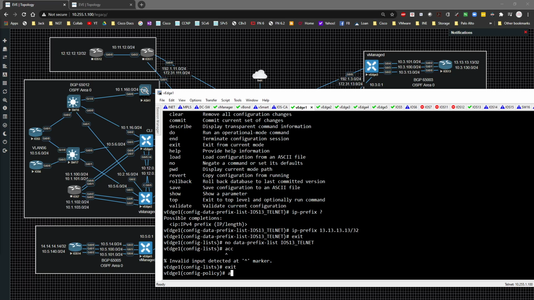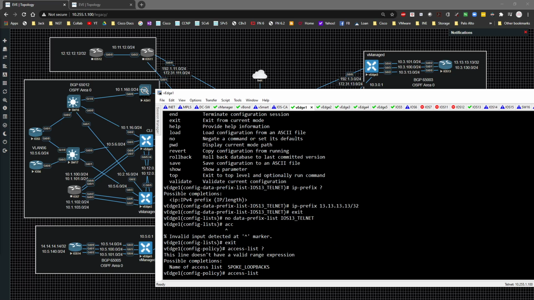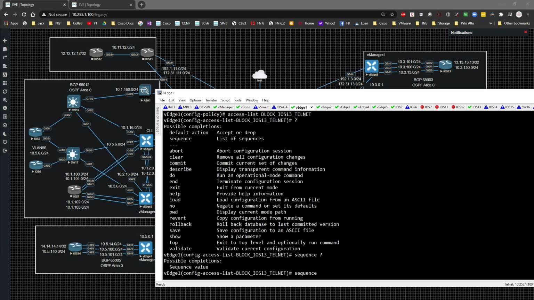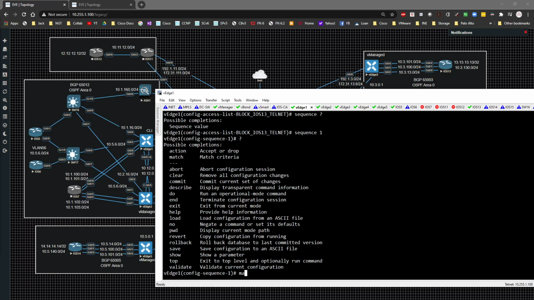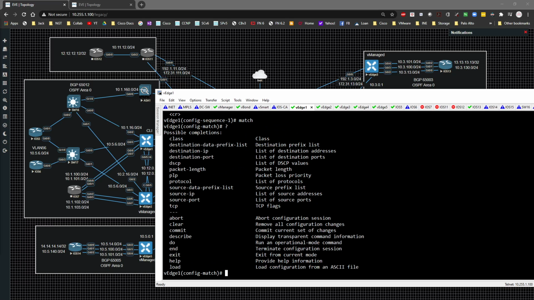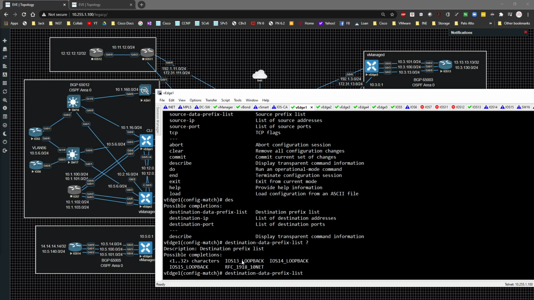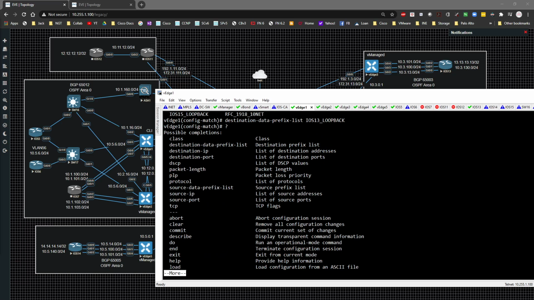Let me get out of that. And then we're going to type in access list, and the name of the ACL is going to be block iOS 13 telnet. Underneath here, the sequence is going to be sequence 1. We're going to match, underneath here, the destination data prefix list of iOS 13 loopback. We're also going to match on the destination port